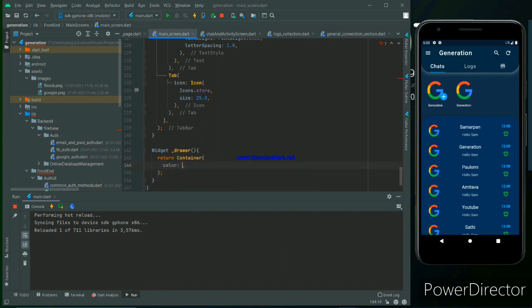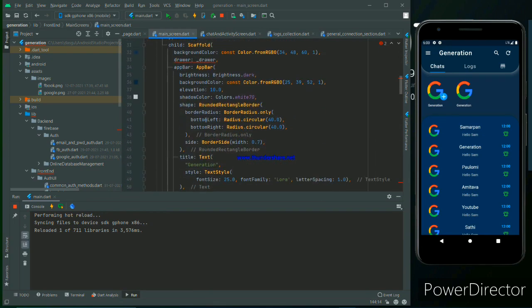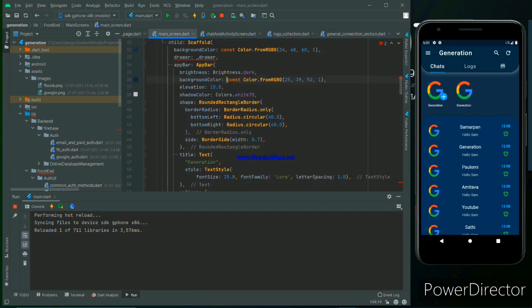Okay, so the color will be as usual. We use a specific blue color, right? What's the problem here?